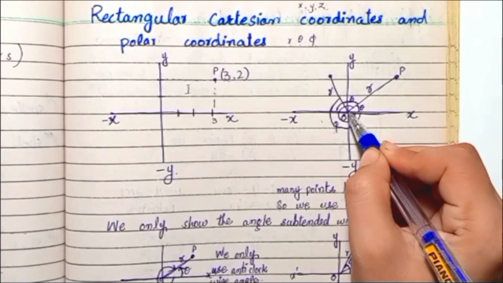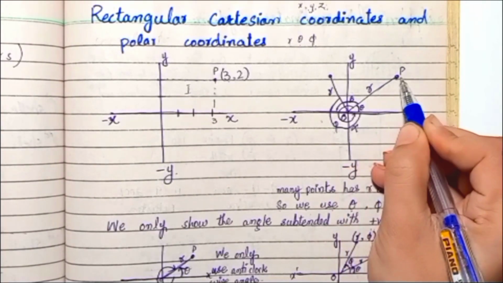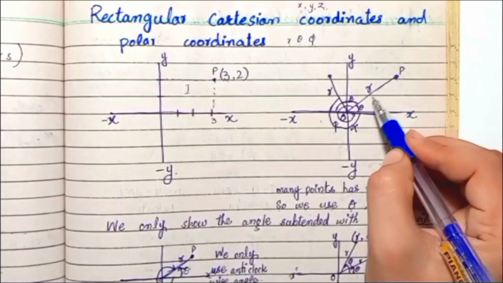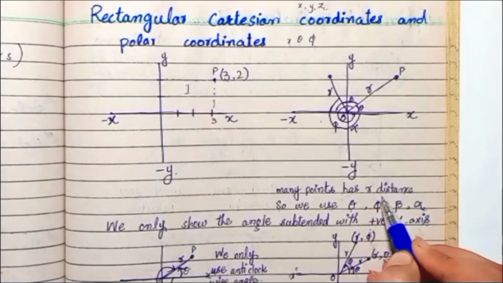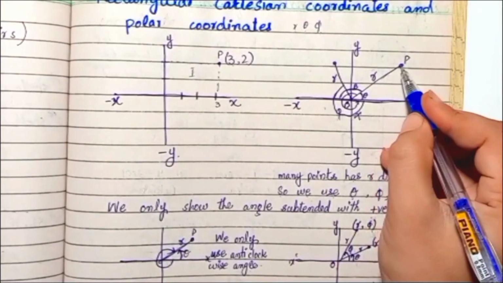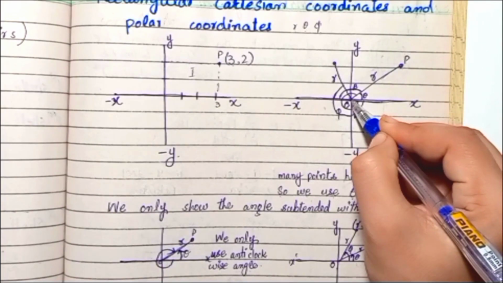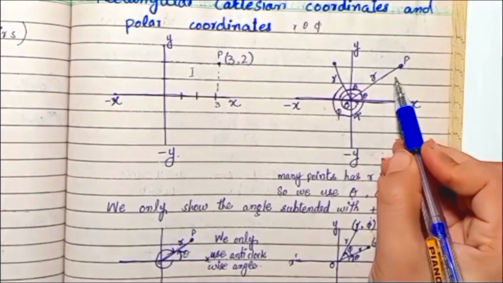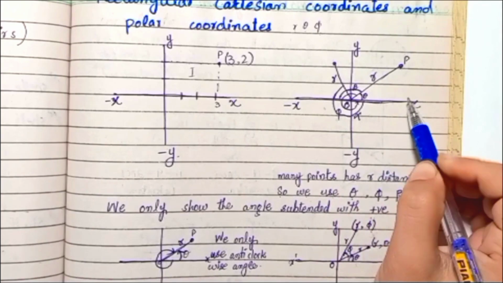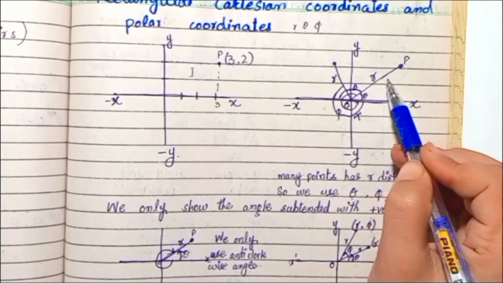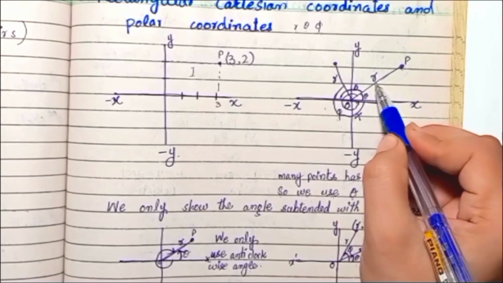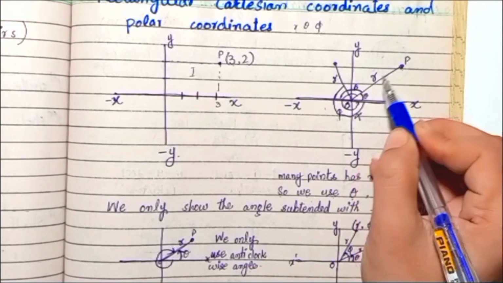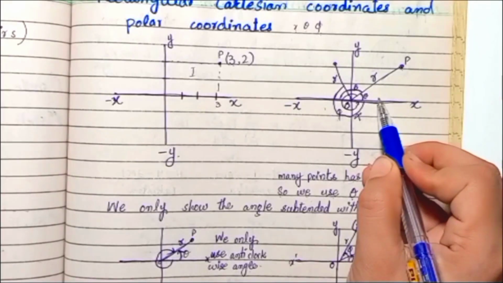Point P is at the distance r from the origin O. We have to show the position of this point in terms of polar coordinates. In polar coordinates, we will use the terms r, theta, and phi. r is the distance of this point from the origin O. We have many other points in this coordinate system which have the distance r from the origin O, so we have to show the position of these points in terms of other coordinates. r is one coordinate. r is the distance of this point from the origin O.